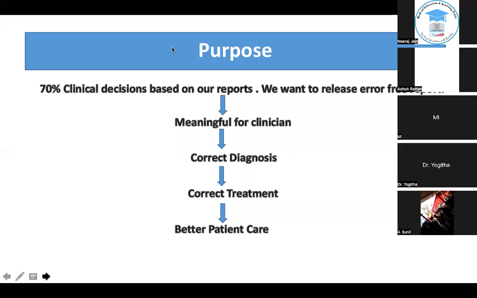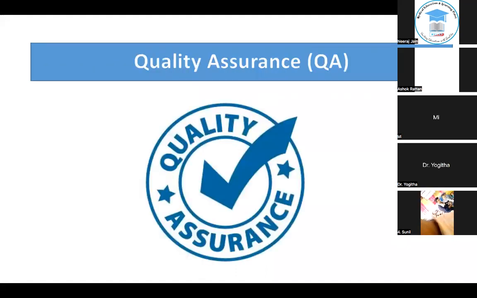See why all these things are important. 70% of clinical decisions are based on our reports. We want to release error-free reports, which are meaningful for clinicians, so that they can make the correct diagnosis. Correct treatment can be offered to the patient, and ultimately, as laboratory persons, we are contributing to better patient care. So for this, we have to understand certain terminology. See, we will discuss Six Sigma, but we will discuss Six Sigma in relation to our laboratory. So we have to understand certain terminology, like